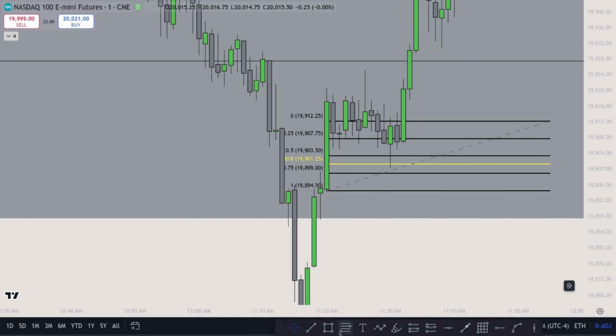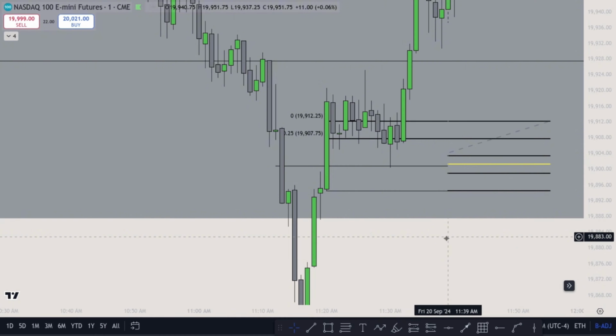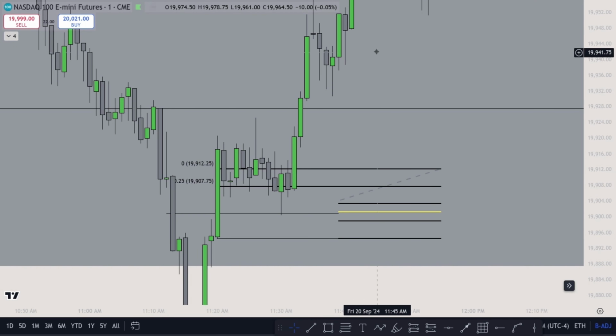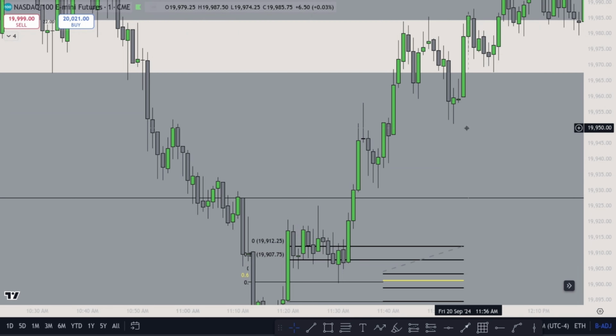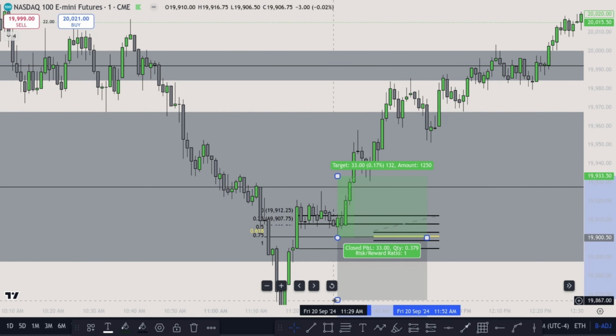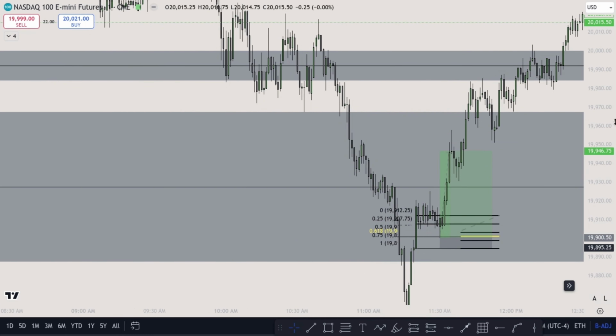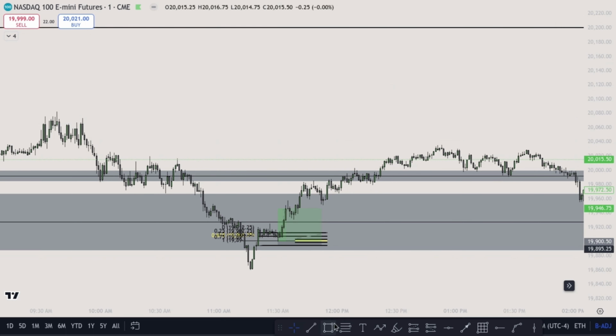And then we also have this important inverse fair value gap right around here that gets inversed. So you can see it gets inversed, then we pump. Now, you always want to make sure you could have entered right here, and you always want to make sure to only go for RR. You can put your stop right here, and then you can go and target 50% of the range, which is this. You target the highs,